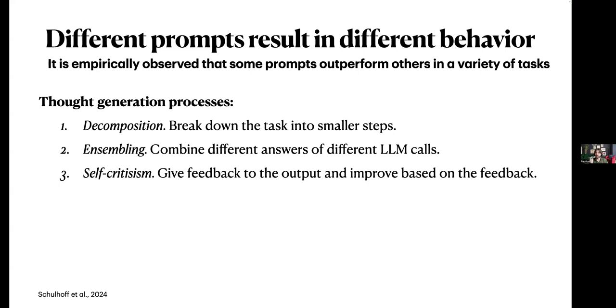So they're called decomposition, where you break down a task into smaller steps and you solve those steps. Ensembling, where you ask a language model many, many times, like 10, 15, 20 times, and then you, for example, take an average or you do majority voting. And self-criticism, where you provide a response and then you say critique this response, and then next time you incorporate